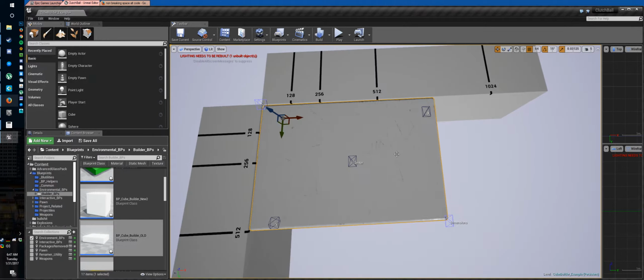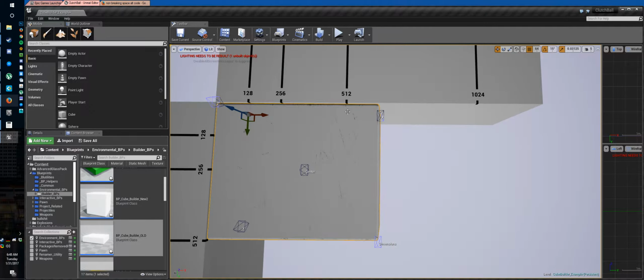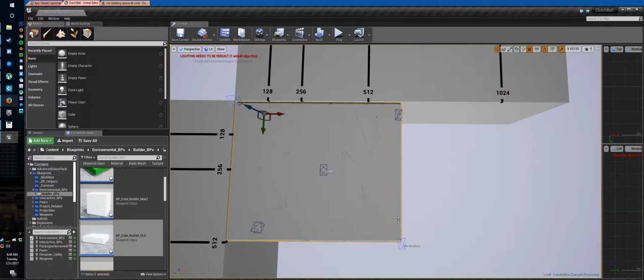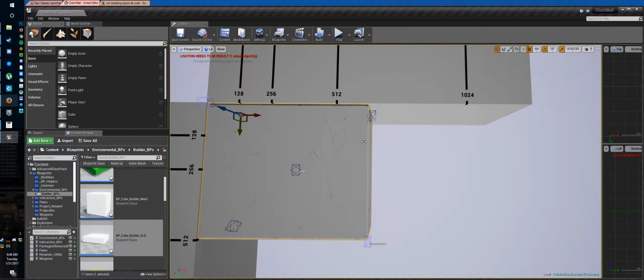But if I wanted to choose a scale that was less than the halfway point, so in other words, like let's say 640, then at this point you start to see some obvious stretching going on in the static mesh, and that's because this is not the optimal length for this particular piece. Really, I should have chosen the 512 length piece for this,